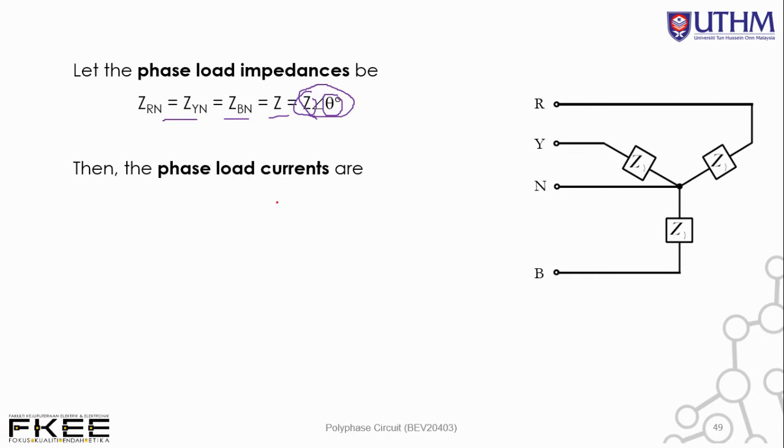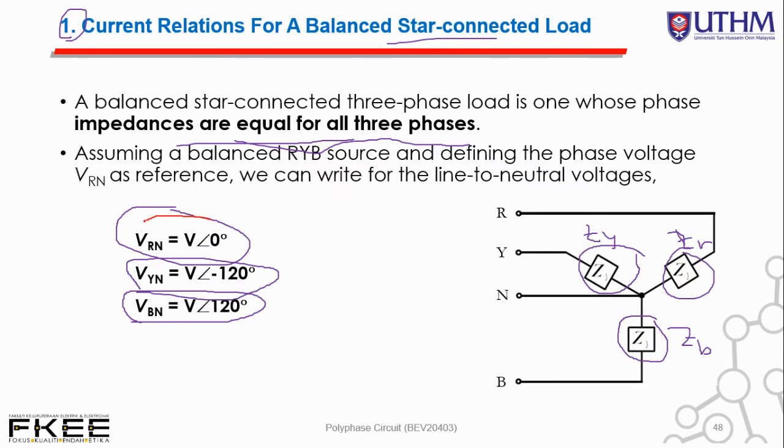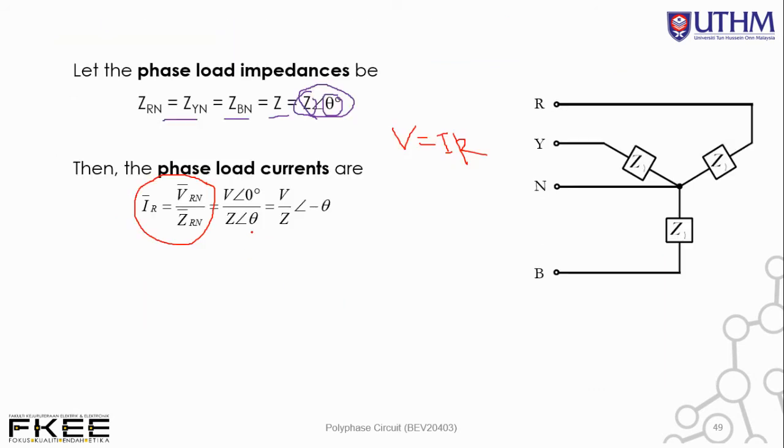Now then, the phase load currents. According to Ohm's law, we have V equal to IR. Rearranging the equation, you get the expression I_R equal to V over Z. V is the reference. Go back to here and take these three values into this equation. Substitute the values, and Z_RN is given above, this one. Then we get the answer for I_R is actually V over Z